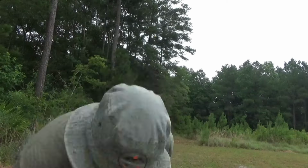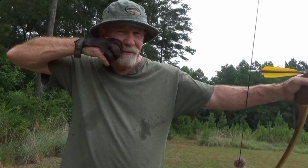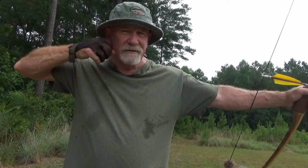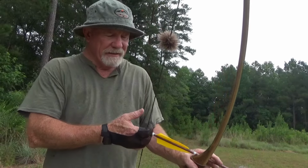That was a pretty good shot there. My elbow, one thing I'll show you here. One thing, if you hold at anchor very much, there's got to be some push-pull going on. If you don't, your release will really, really suck. Some people hit anchor here, push. My buddy Jason, he pushes with his hand and it causes that push-pull even though he's only moving one thing. For me,